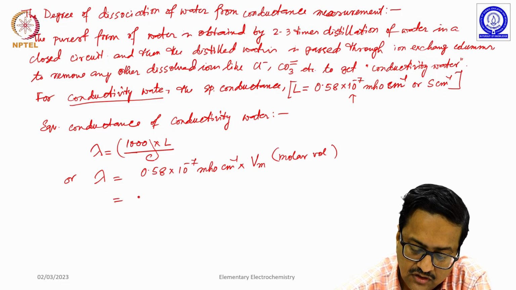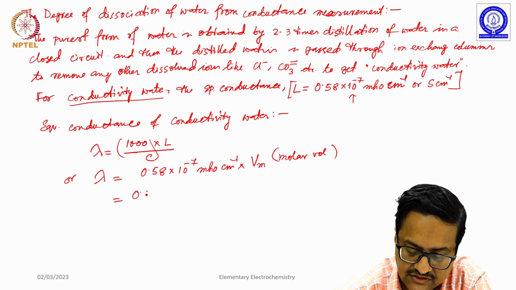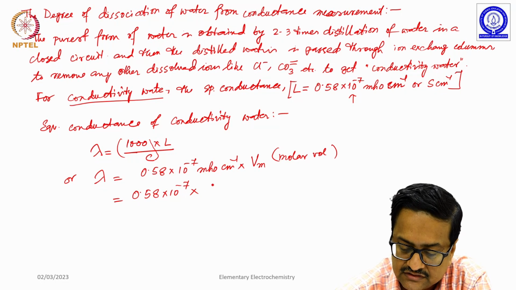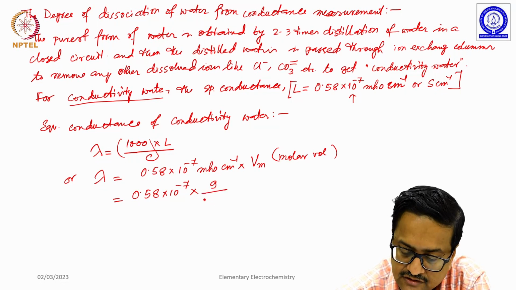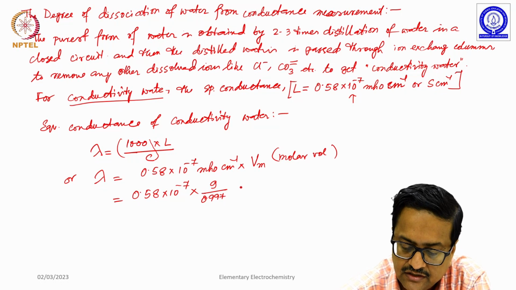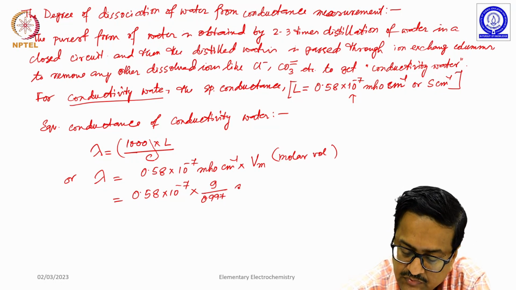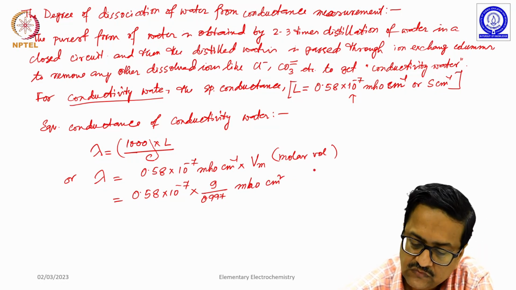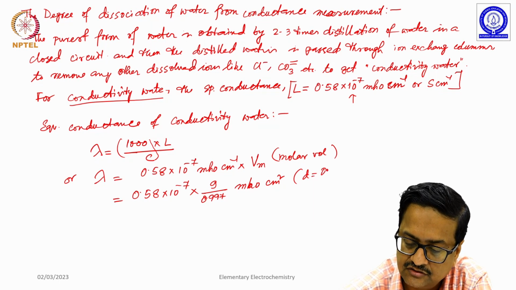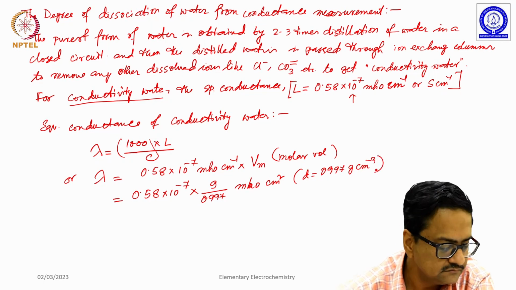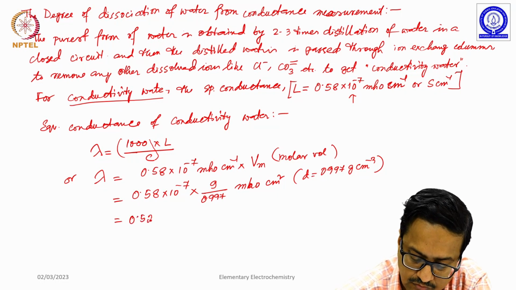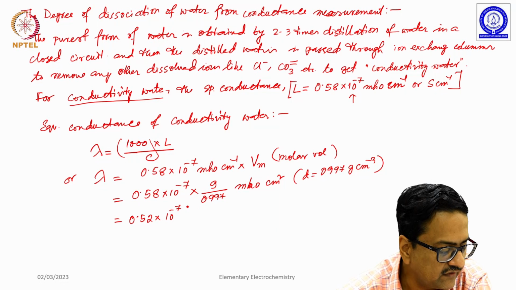So, now you can do this calculation easily. 0.58 into 10 to the power minus 7 times molar volume of water, which is 18 by 0.997, and the unit becomes mho centimeter square, where density of water is 0.997 gram per cc. So, you can calculate this value as 0.52 into 10 to the power minus 7